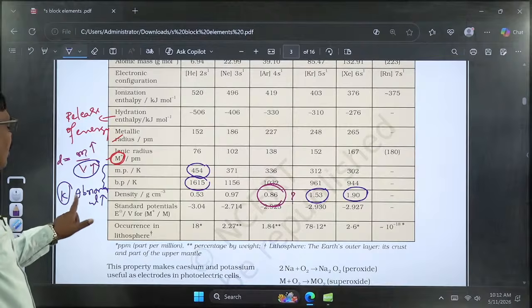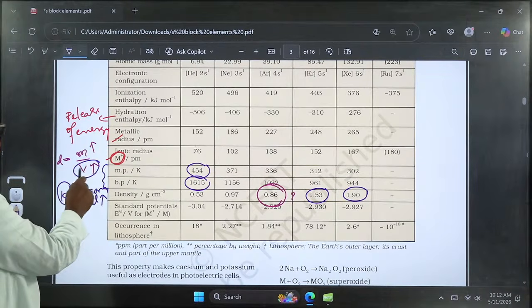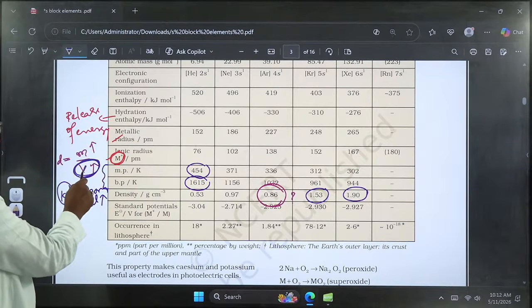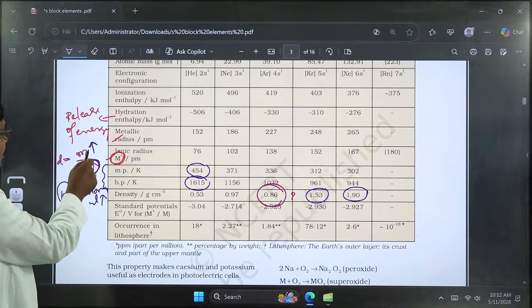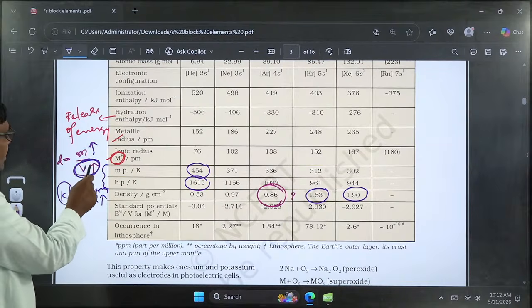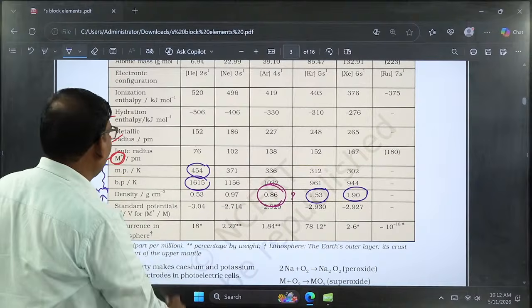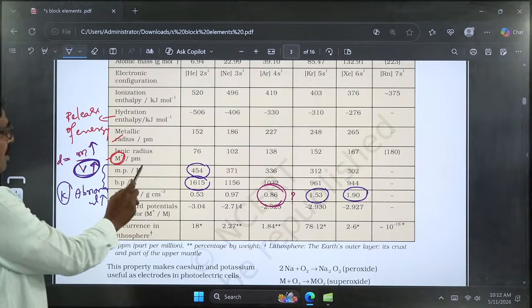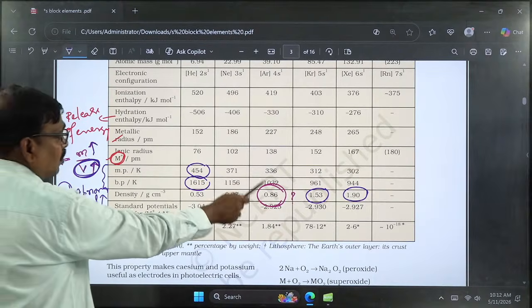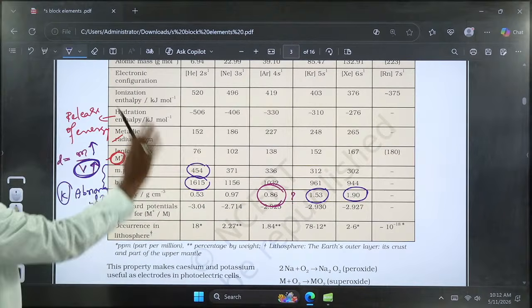Because vacant orbitals are identified in potassium, there is an abnormal increase in volume. Even though the increase in mass is identified, the increase in volume is dominant. That's why density will be slightly lesser than sodium. So here we must remember that the density of potassium is less than sodium, whereas the general trend is that down